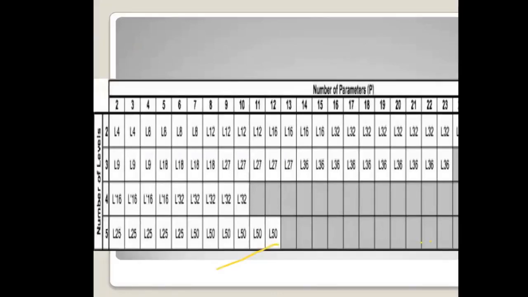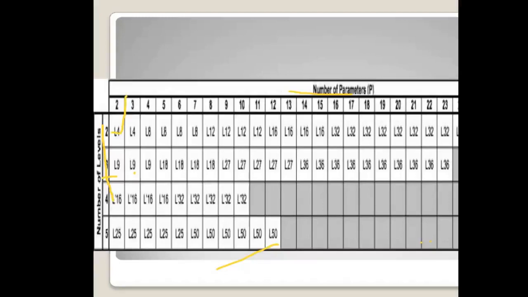Now, for example, I will take a very simple example. On the horizontal side, there are the number of experiments. On the vertical side, there are the number of levels. Now, if there are, for example, two levels and two factors, this is our interaction number one. How many experiments do we have to perform? 4 experiments. Now, again here 2 levels. Now I will take more levels. Come to the 3 levels. So I will have 3 levels and 3 factors now.